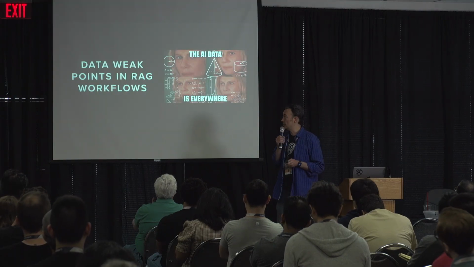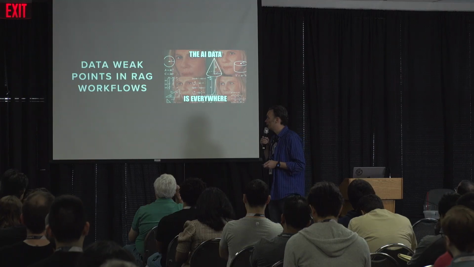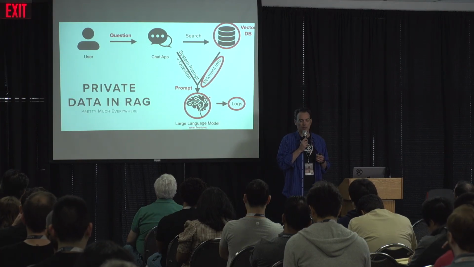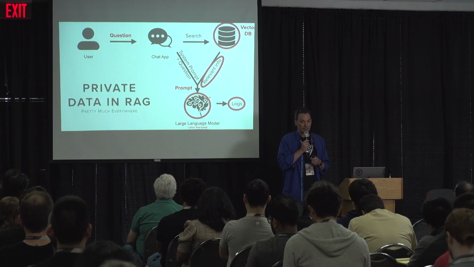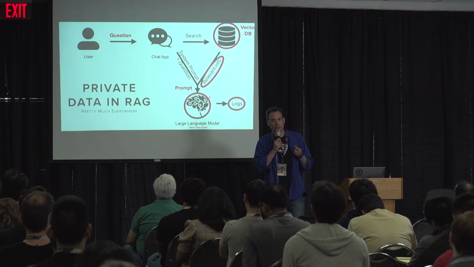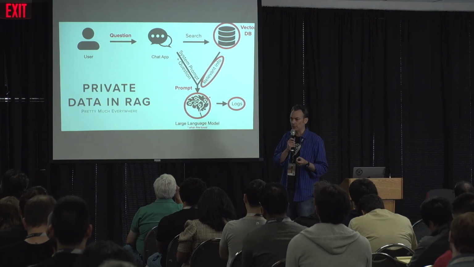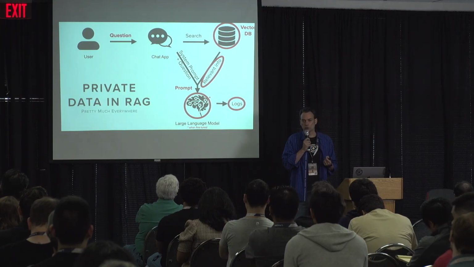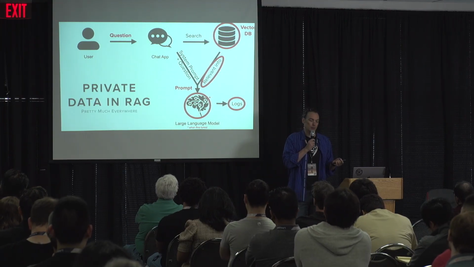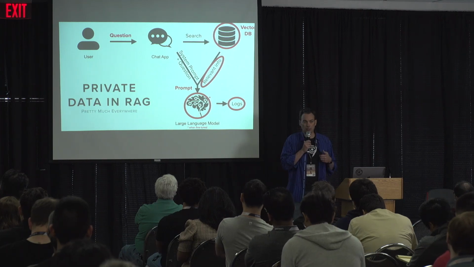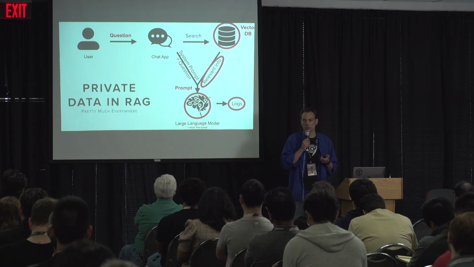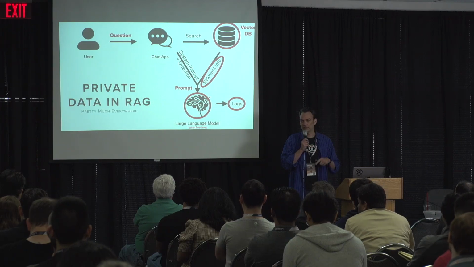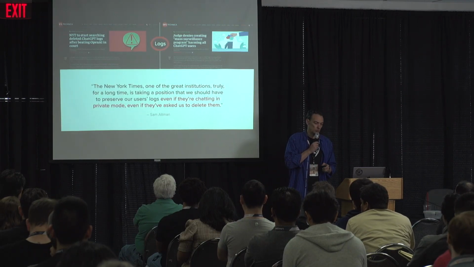So where is data problematic in RAG? The answer is kind of everywhere. Questions can have account numbers. The vector database that is searched is a copy of all the data that you've made searchable in this way. The data flows through to the LLM logs, prompt firewall logs, QA tools logs. Actually, there are logs everywhere in these systems, and all of them are full of private data. Lots of places where RAG gets hairy.